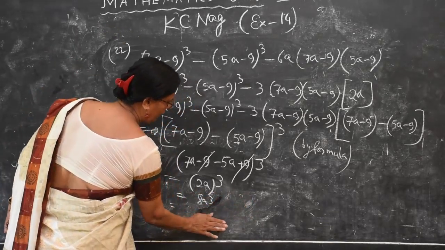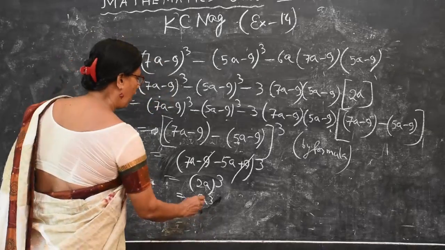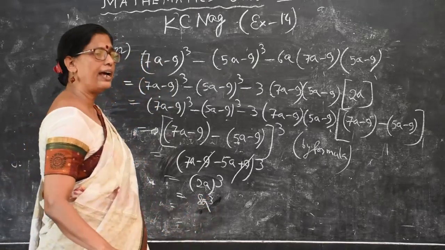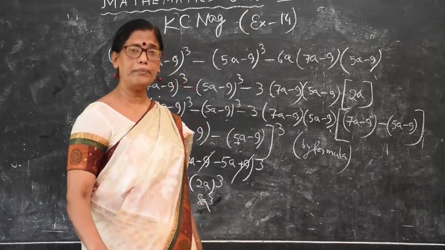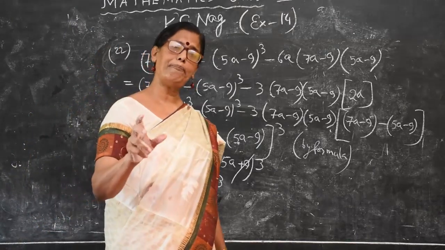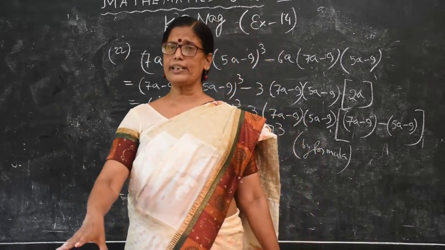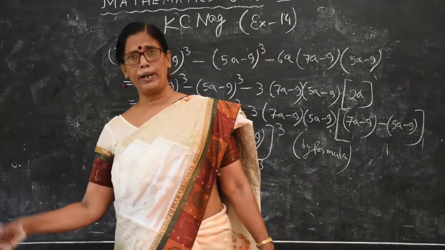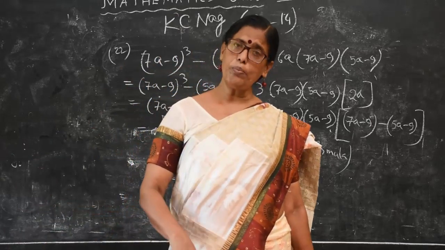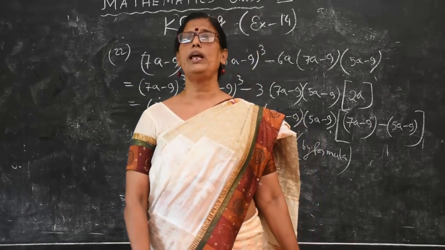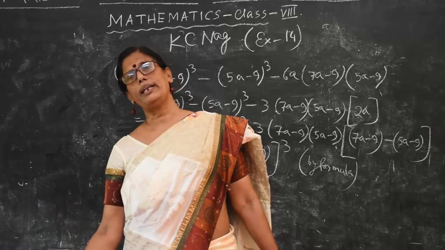So now please see this one. How many sums do we do from the case? More than 5 or 6 sums now. Every sum is the same pattern. Either we adjust a cube plus 3a square b plus 3ab square plus b cube, or a cube minus 3a square b plus 3ab square minus b cube.